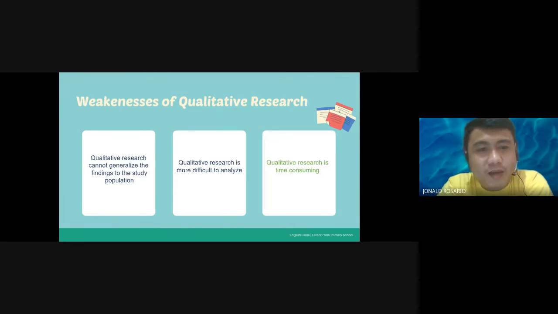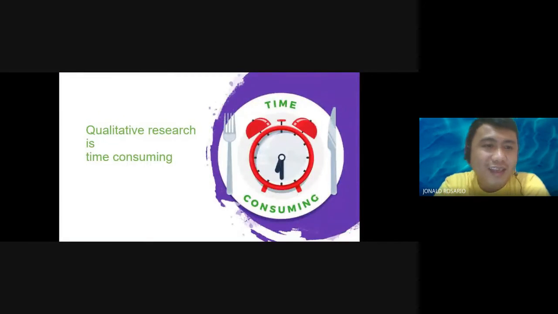Okay, so next, qualitative research is time-consuming. Why time-consuming? So time-consuming ang isang qualitative research study because, yun nga, yung sinasabi ko sa inyo, it will undergo different stages or procedures in the data analysis, yung pag-a-analyze ng data. At isa pa po,